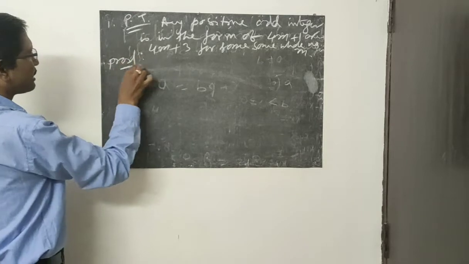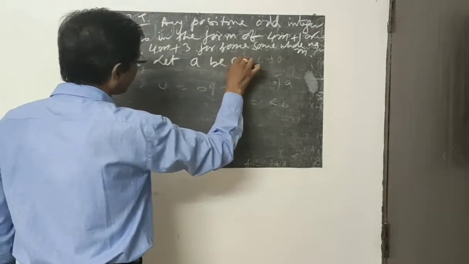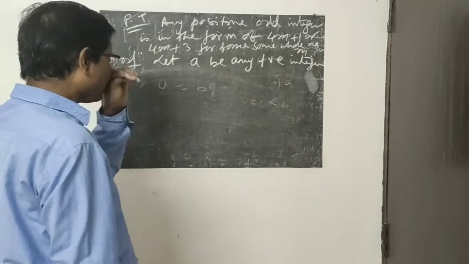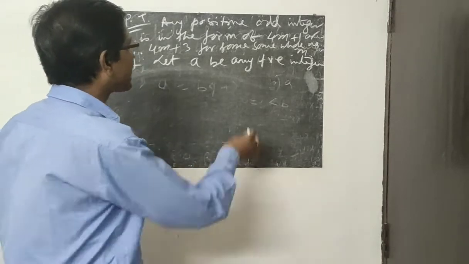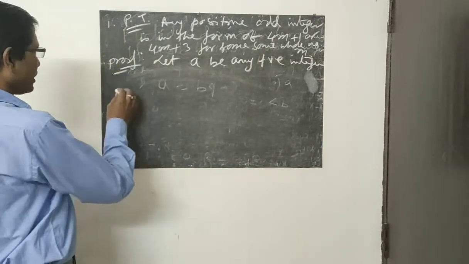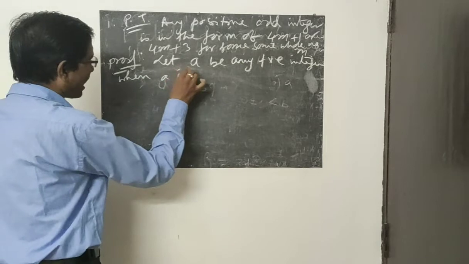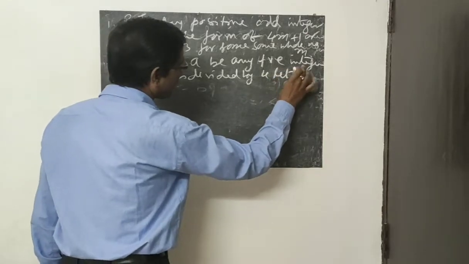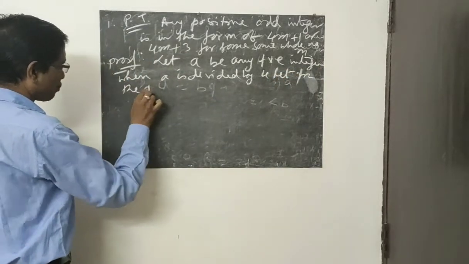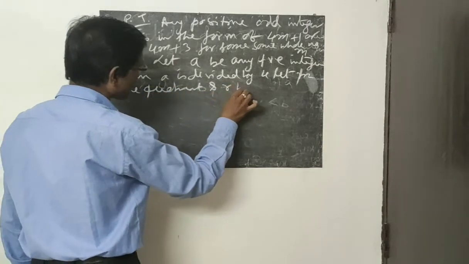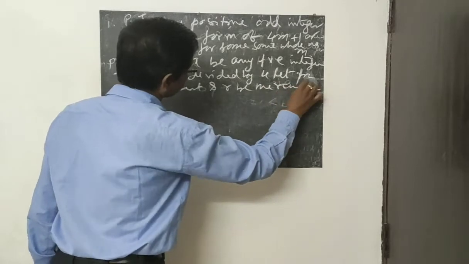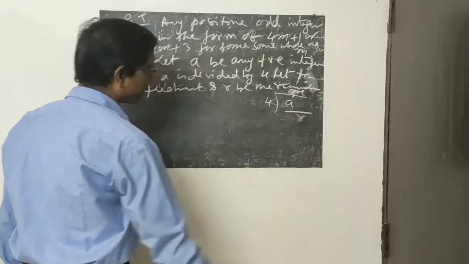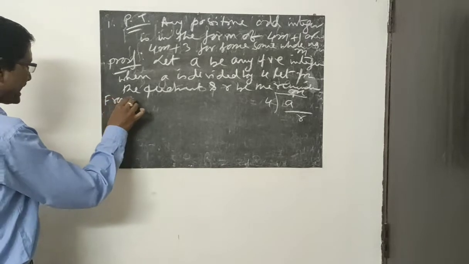So what you can take: let A be any positive integer. To check odd or even you would think of dividing by 2, but here you have to prove it by 4. 4m means dividing by 4. So when A is divided by 4, let m be the quotient and R be the remainder. That means if we divide A by 4, you get m as the quotient and R as the remainder. By Euclid Division Lemma,